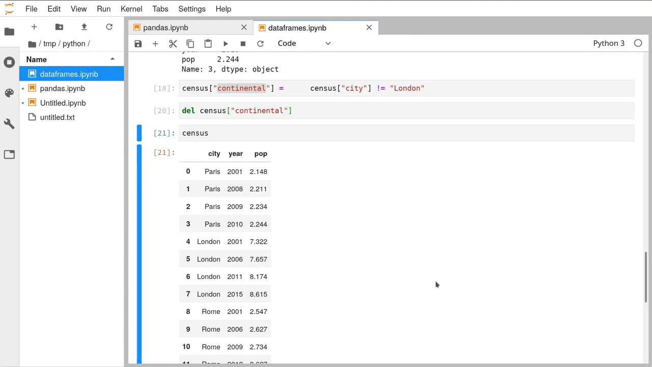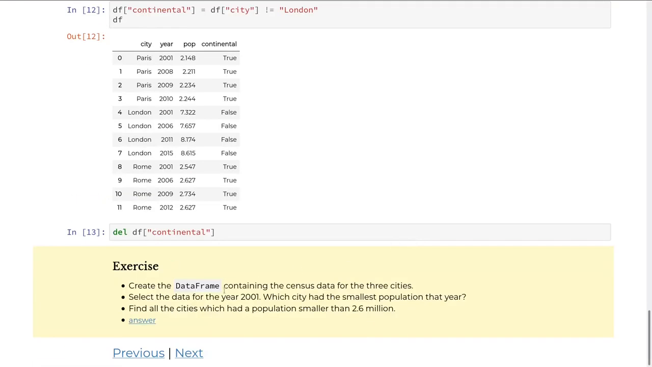So I want to go through the answer to one of the exercises there. At the bottom of this page, this middle exercise here: select the data for the year 2001. We'll see how to do that first. Then the question: which city had the smallest population that year? Now, to answer the second part of the question does require a function that you haven't been taught yet, so I'm going to teach it to you now and show how we can do this and build it up stage